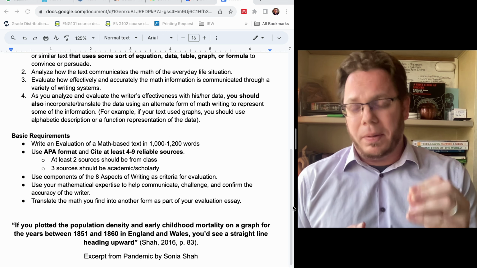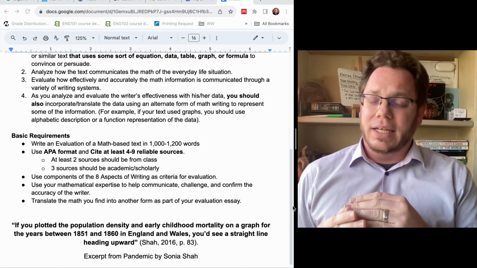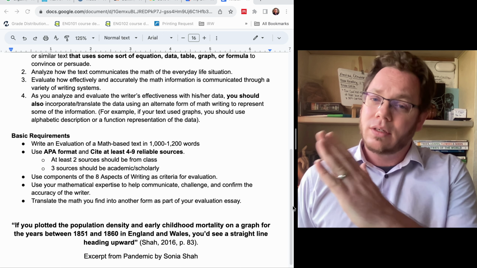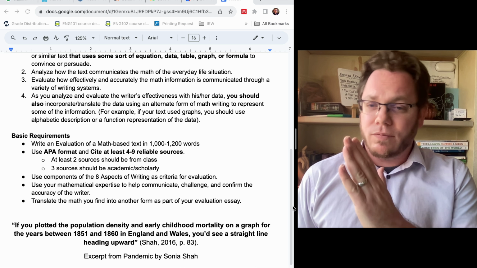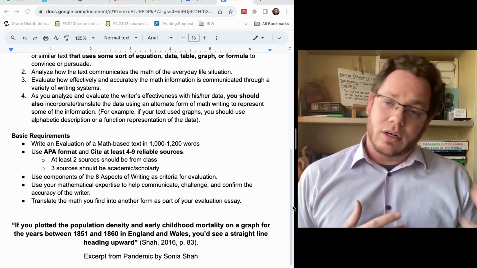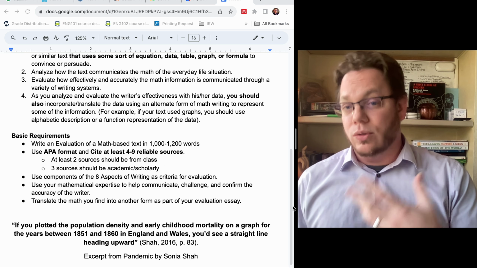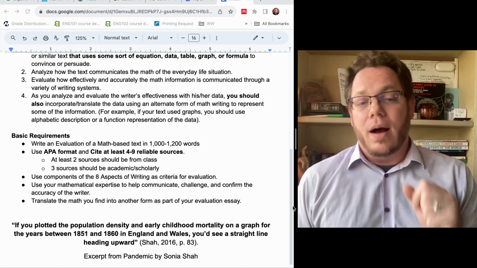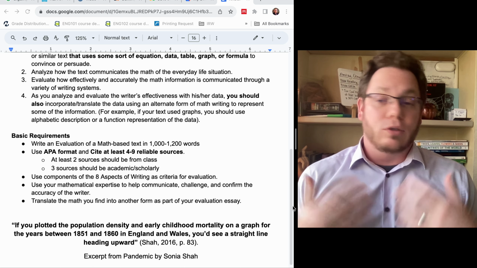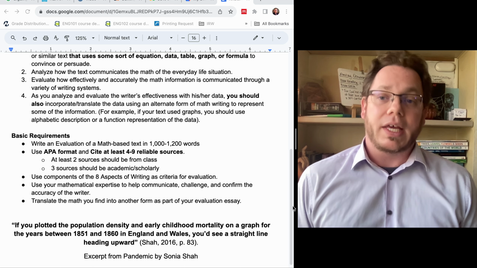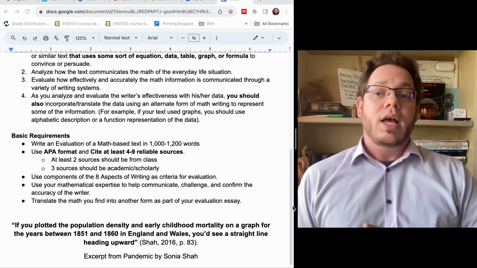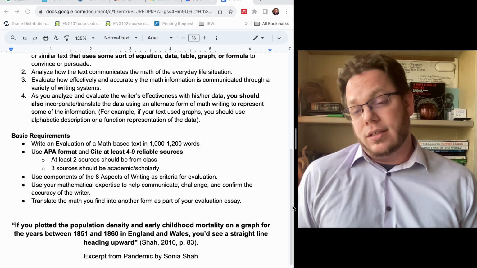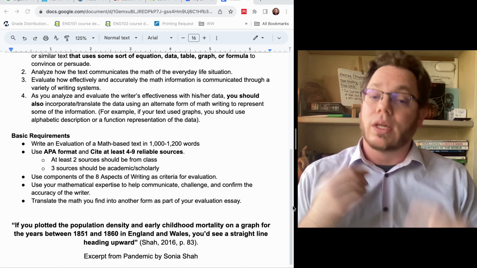Does the language depict what's actually happening? By straight line heading upward, do they mean at more of a 45-degree angle, at a 90-degree angle, at a 75-degree angle? Because we know based on our slope and what we're learning in the math class, those things change the accuracy of that statement. Here, the language is being used for dramatic effect instead of scientific accuracy. So it's being used more for an emotional response or an aesthetic approach rather than a scientific or logical approach. So we want to think about those things.